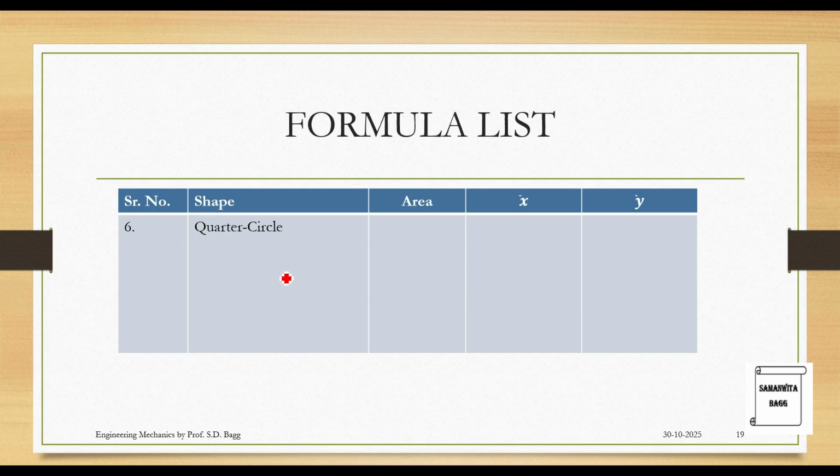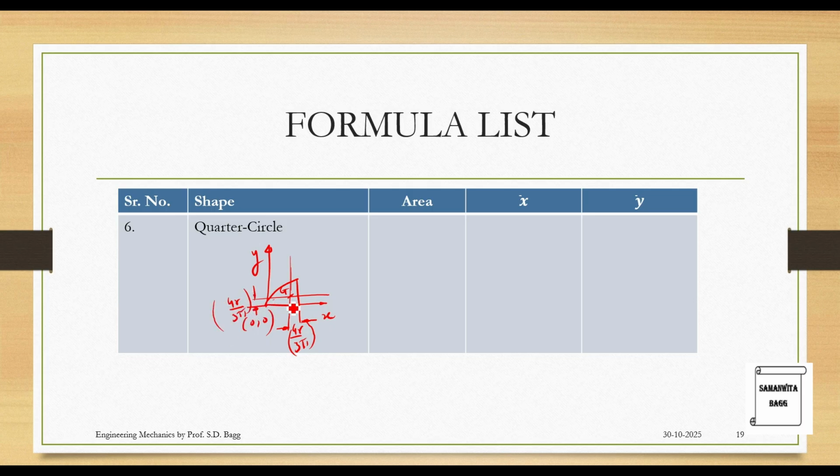Now let's change the orientation of this quarter circle. So say your quarter circle is now like this. I have just flipped this quarter circle. So this is my x-axis. This is my y-axis. This point is 0, 0. Again, G will be over here. This much and this much is to be marked. This is my G. This gap is now 4r by 3 pi. And this gap is also 4r by 3 pi.